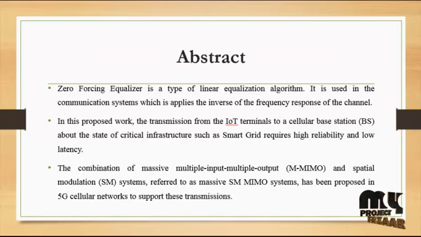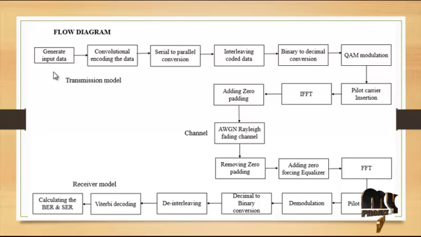Let us discuss the flow diagram of the process. First of all, generate the input data. Here we are generating the input data randomly, and the randomly generated output is given to the conventional encoding. Here we are encoding the bits, and then it goes to the serial to